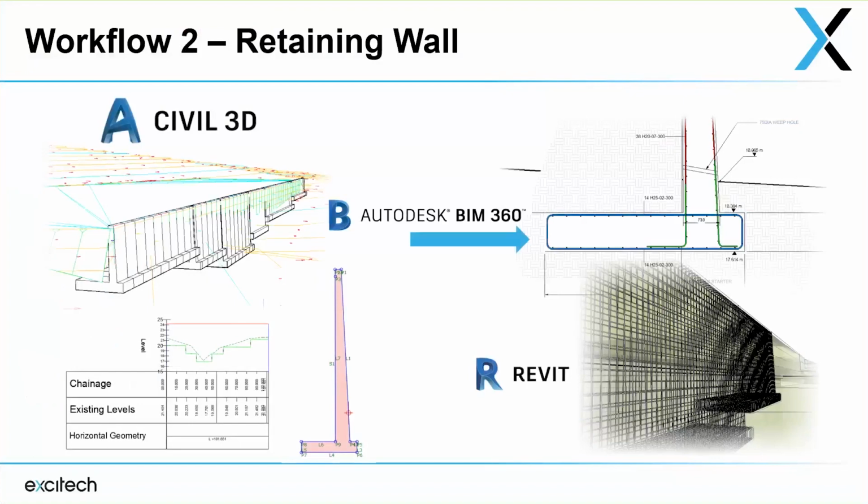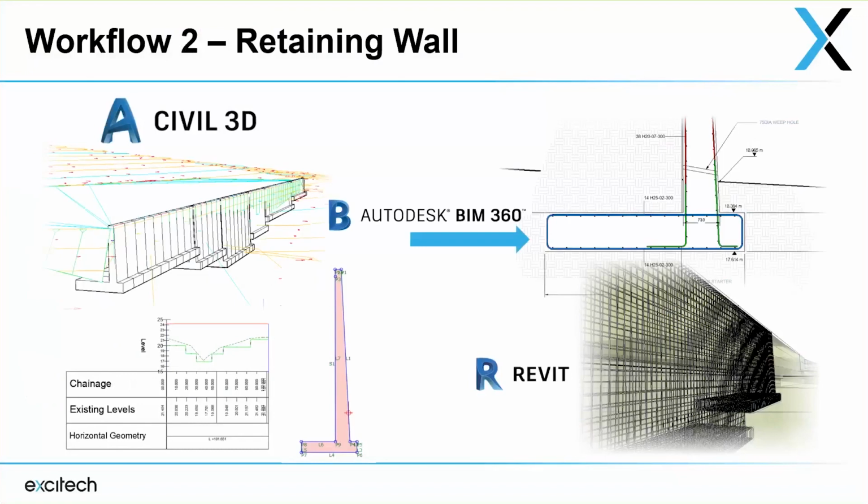Now, it's quite an interesting little workflow. So here you can see it in images. So we start off in Civil 3D in the top left hand corner. You can see what's then happening is we're creating a corridor from that. I'm then creating a solid model from the corridor. That is then put into a family file, which I'll talk about a bit later on. What we're then doing is we're transferring the surfaces and everything else into BIM 360,